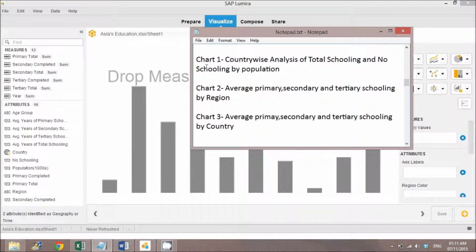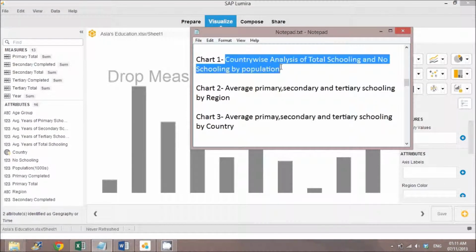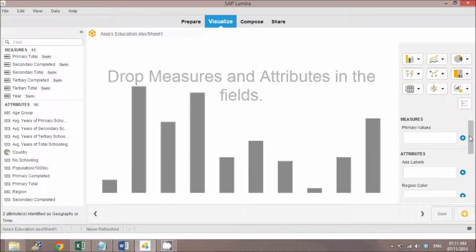Let's start with chart 1, which describes the country-wise analysis of total schooling and no schooling by population, which gives a gist about the total schooling of a country plus the population with respect to country.